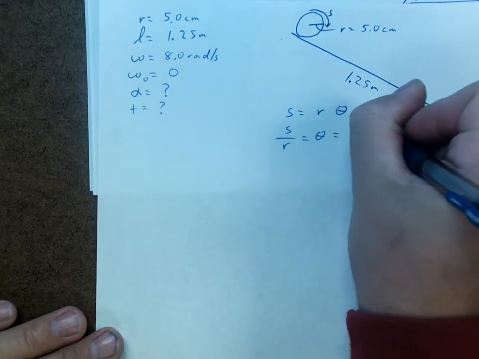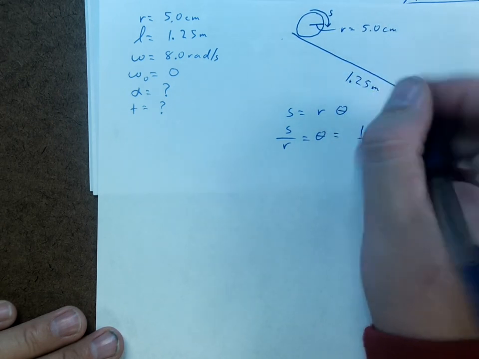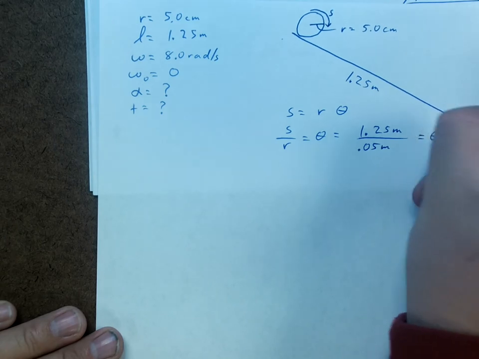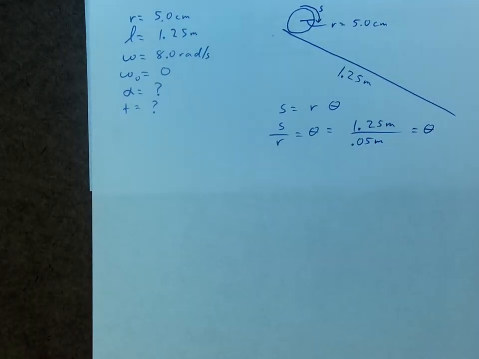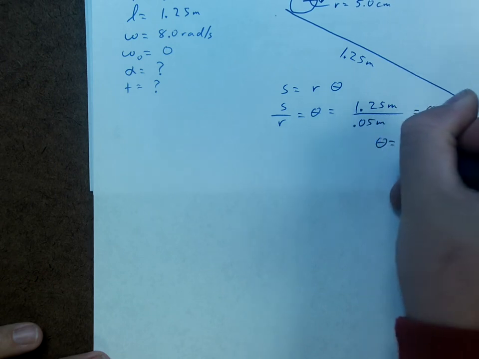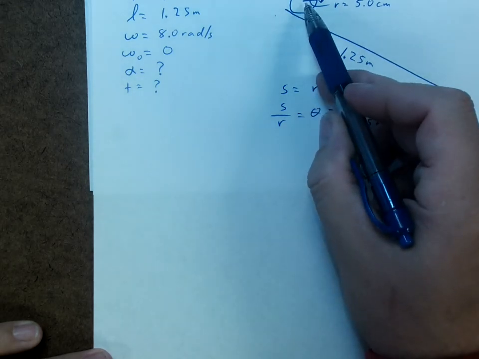So 1.25 meters, the radius is 5 centimeters, or 0.05 meters. Do the math, and we can find what theta has to equal. And theta is 25 radians. That's the angle the ball had to roll